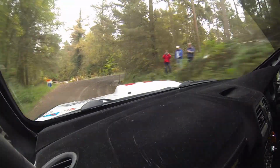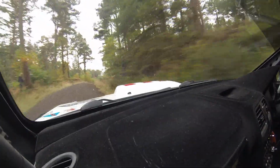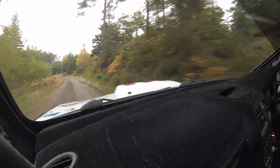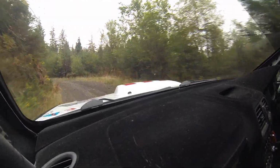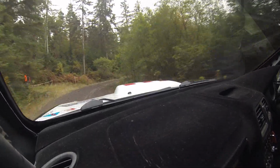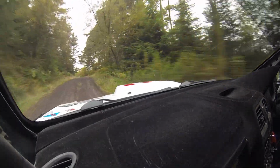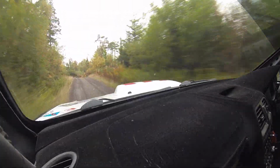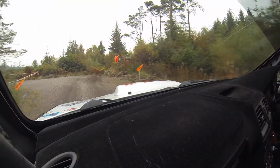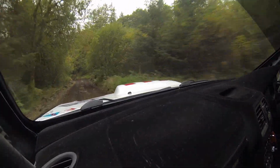Into 3 right, 40, 2 left, and 1 left, very tight, 1 right, half long, and 5 left, slippy, 40, care, small jump, unseat, square right, slippy, turn, 60, 2 left, very slippy, 170,